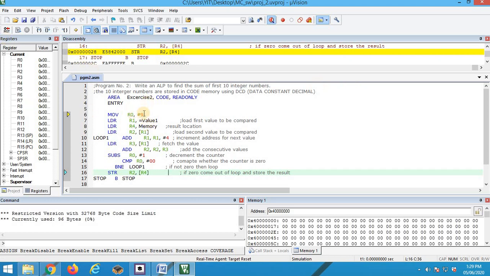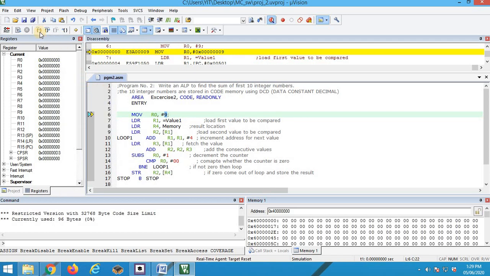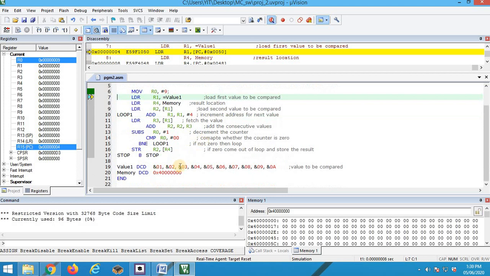First I am going to move constant 9 to register R0. So register R0 is loaded with 9. Next LDR. LDR means you are going to load a 32-bit value into the register R1.